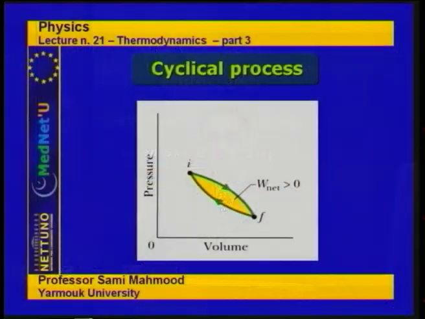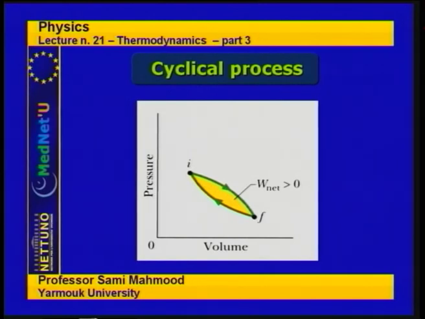An example of a system where the system absorbs heat and does work is represented in this figure. This figure shows a cyclical process where the system starts from initial state I, is taken to a final state F, each one of them having the parameters of the state, pressure, volume, and temperature, and then restored back to the